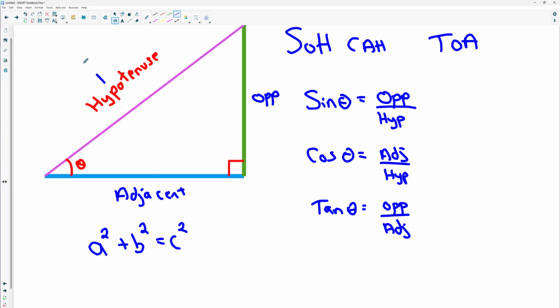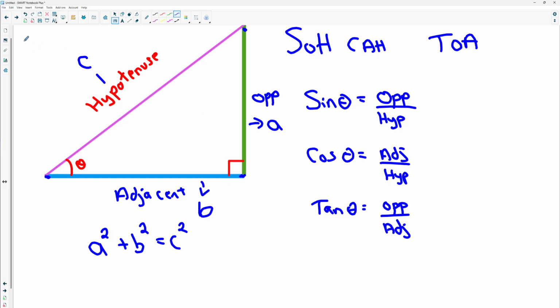C is the hypotenuse, it's the longest side, and a and b are either one of the other sides. It doesn't really matter which one is which, as long as one is a and the other is b. So once I know the lengths of a and b, I can plug them into this formula to find our unknown value c, which is the hypotenuse. That's going to be a different lesson, but that is something that we need to know when it comes to these right angles